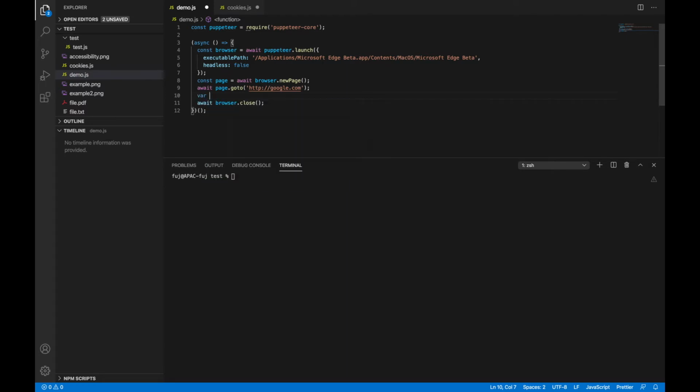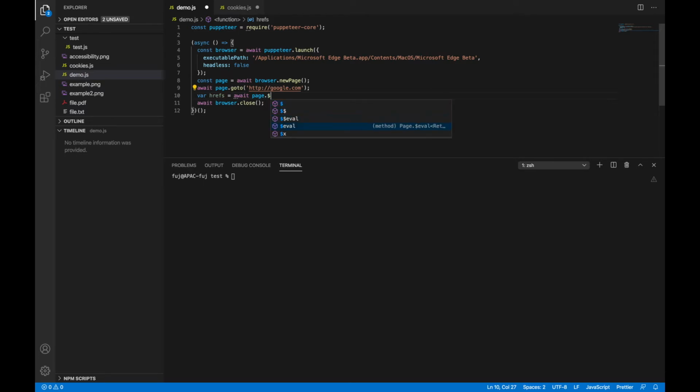So let's take all the links in one of the variables. Now, which function to use? On page we can use $eval. Why did I select $eval only? I can select single dollar eval, and we also have double dollar eval.